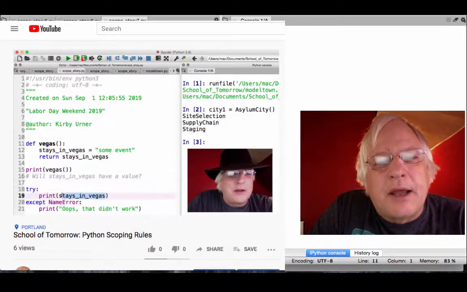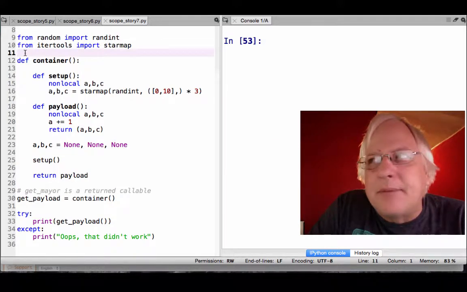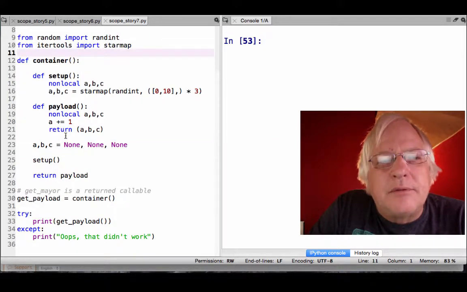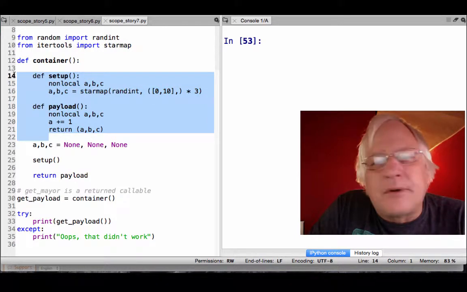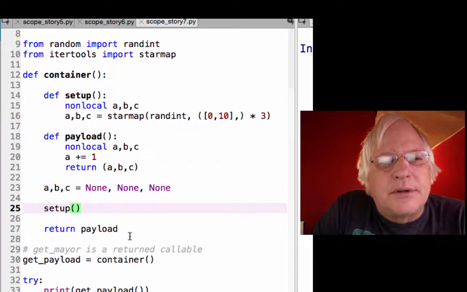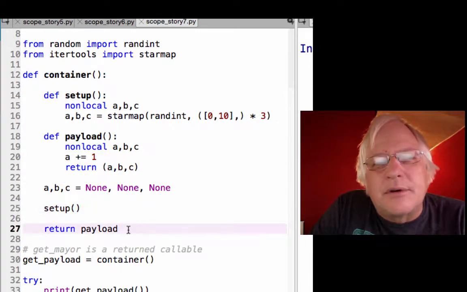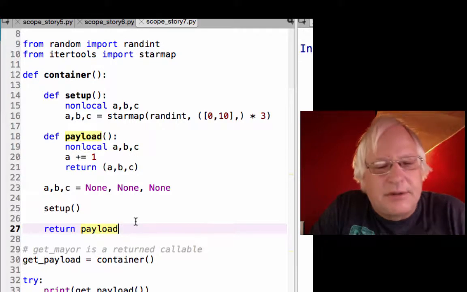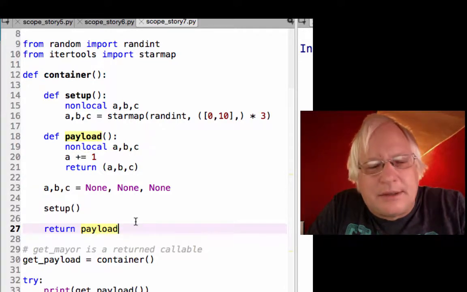And this code on the left, I'll run it a little bit later, but as you can see, I'm playing off that same theme by embedding two functions inside another function and then using nonlocal to connect what's going on, kind of like glue, and then I actually call these functions. I call one of the functions and return the other in this section. We'll get back to this in a minute.